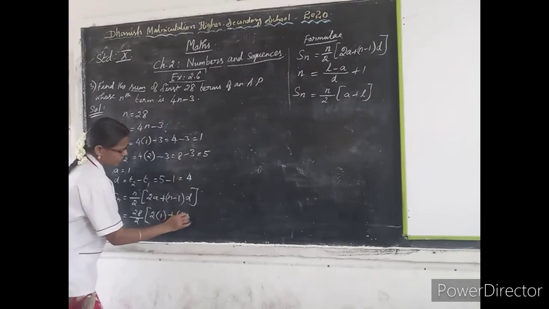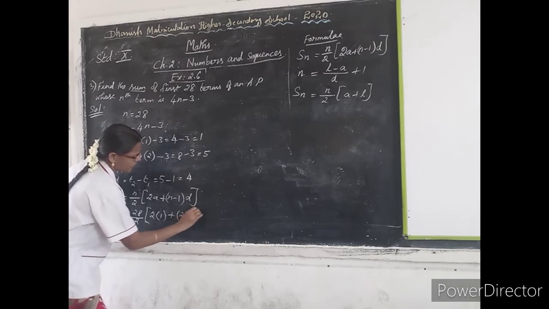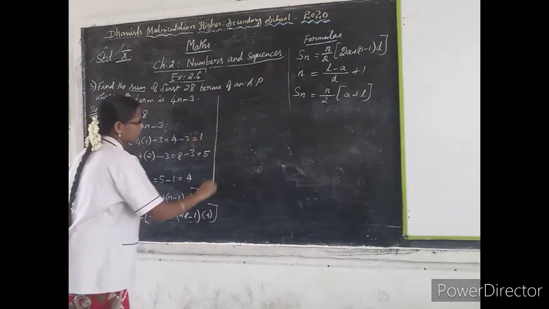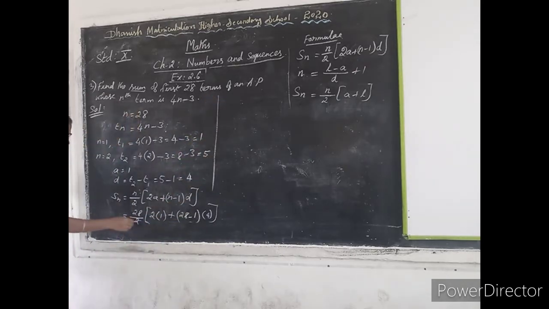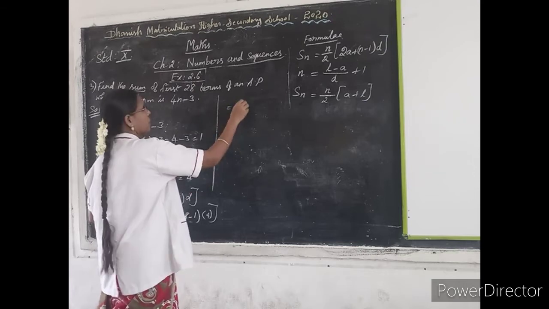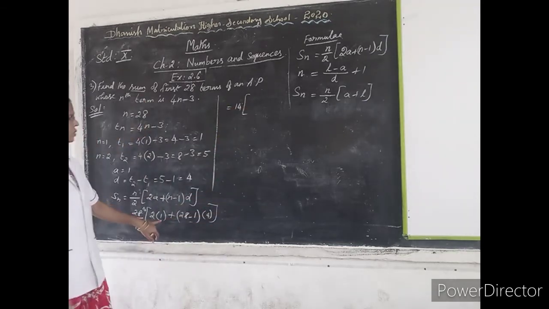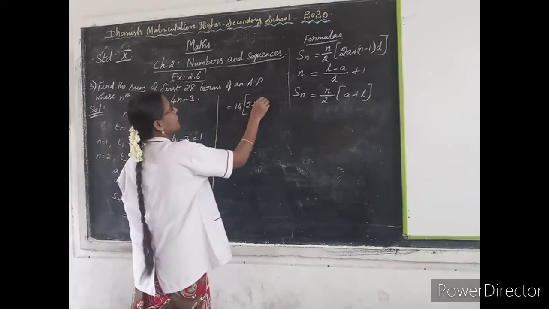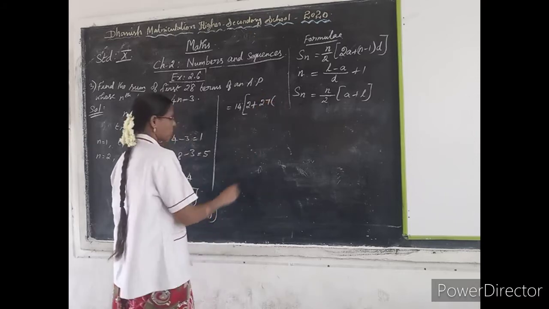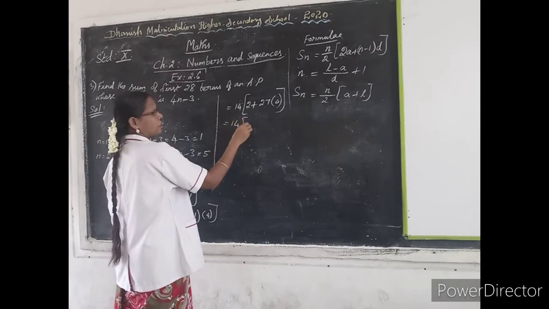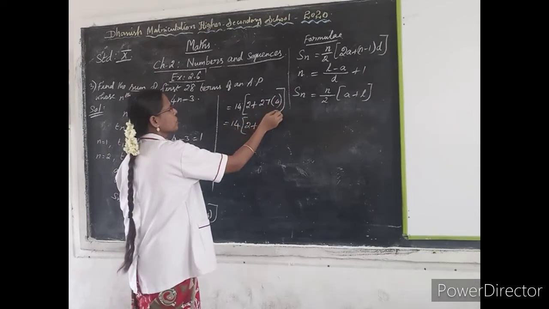n is 28 minus 1 into this d is 4, close this bracket. 28 by 2, cancel by 2 table, 2 ones are 2, 2 sevens are 14 times. So 14, open bracket, 2 into 1, 2 ones are 2 plus 28 minus 1 is 27 into 4. Close this bracket. So 14 into 2 plus 27 into 4, 4 sevens are